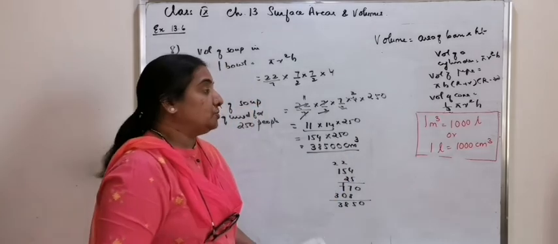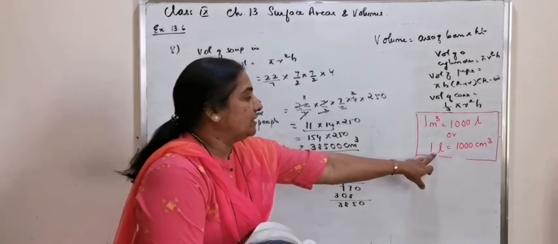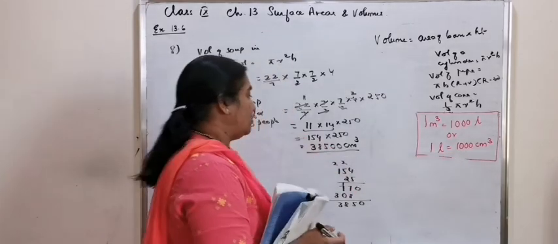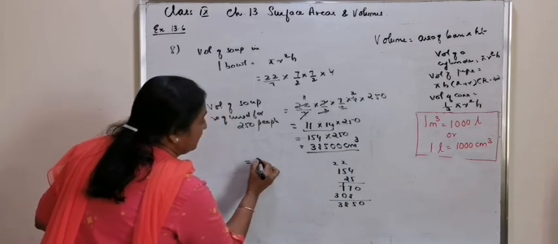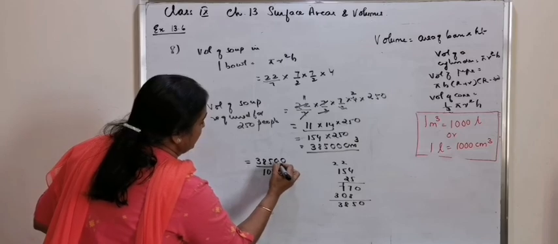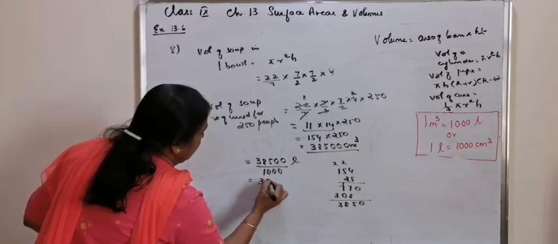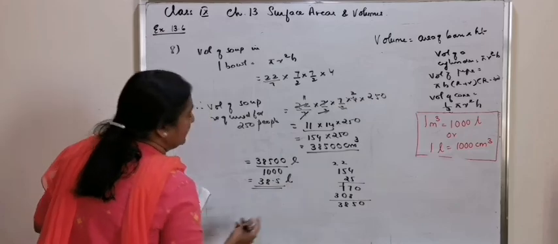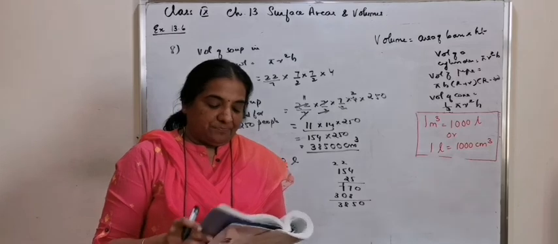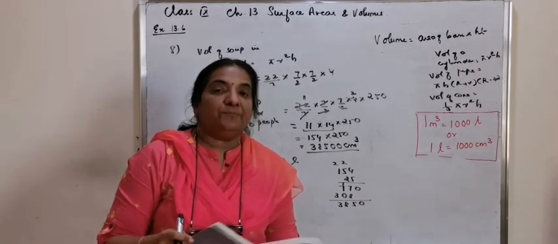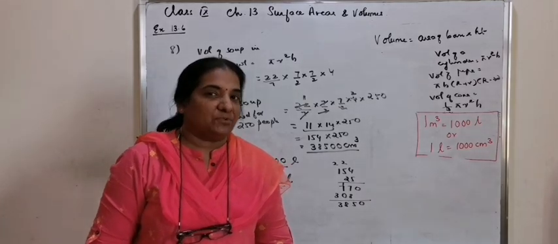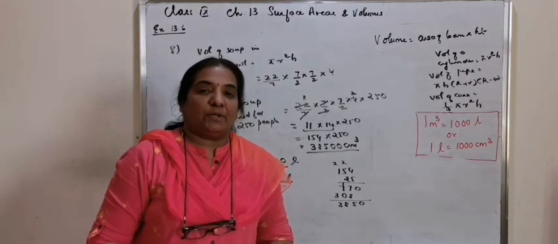Now, how do you convert into liters? In case needed, how do you convert into liters? 1 liter is 1000 centimeter cubed. So, 38,500 divided by 1000 liters, or it is 38.5 liters of soup is required to serve 250 patients. Thus, exercise 13.6 is over. Work out the same problems and work out the simplification as I have explained so that the calculations will be easy for you.